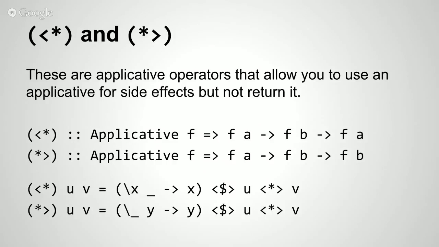Let's do it. Left flake takes two applicatives, and it will execute the side effects of both, but then it throws the value from the second away, as you can see from the definition down there. That's how it's defined. And the right flake will execute both of its arguments for side effects, but